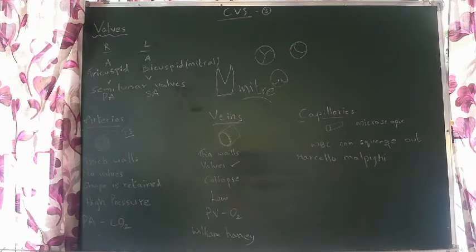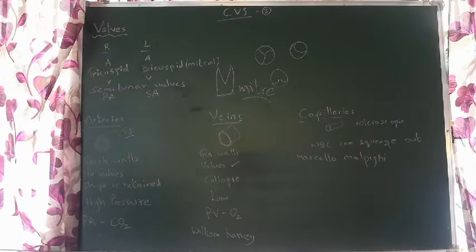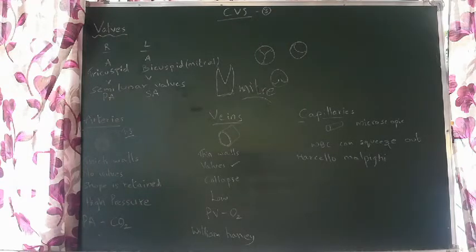Now let's come to arteries. What are arteries? From where are arteries starting? They start from the heart itself. Pulmonary artery starts from the right side of the heart, from the right ventricle. Now systemic artery or aorta, I'm sorry. Now systemic artery or aorta, it starts from